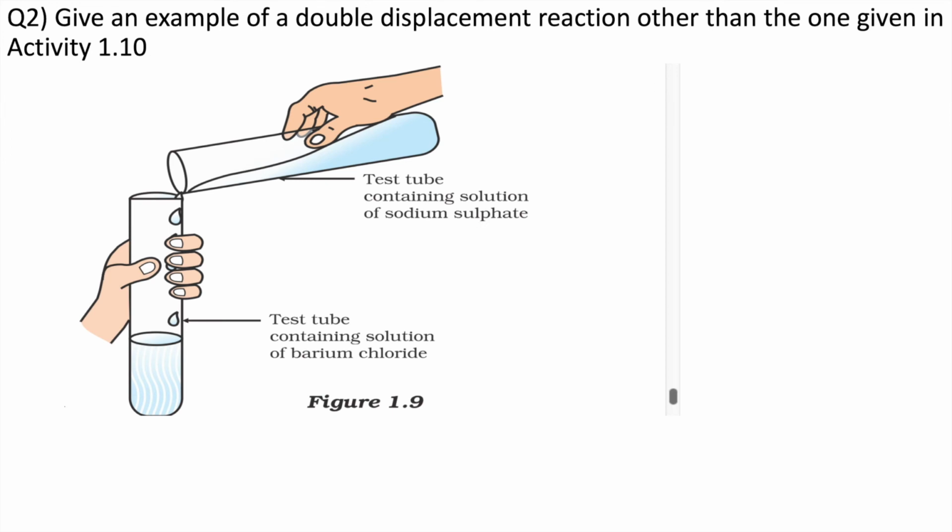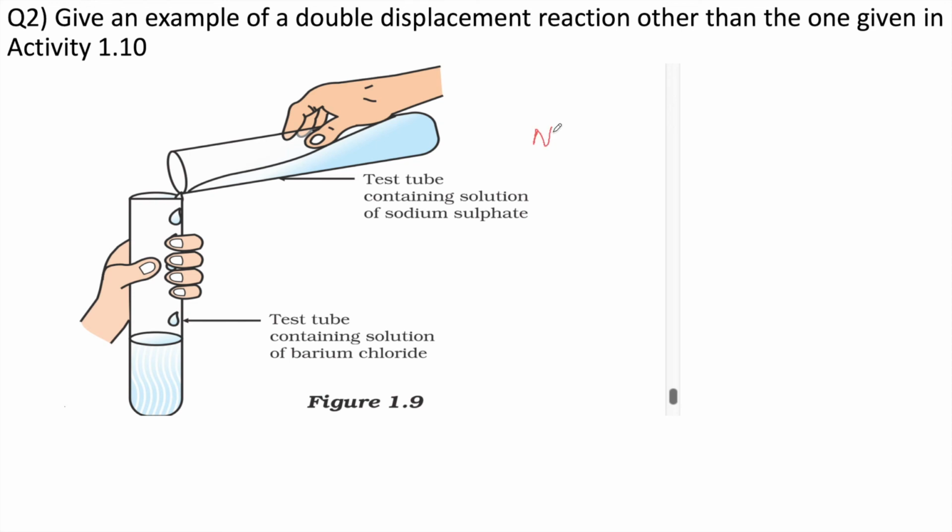Question number 2. Give an example of a double displacement reaction other than the one given in activity 1.10. This is your activity 1.10. This is a test tube containing solution of sodium sulfate. And this is a test tube containing solution of barium chloride. We are mixing these two compounds together and the reaction we can write like sodium sulfate